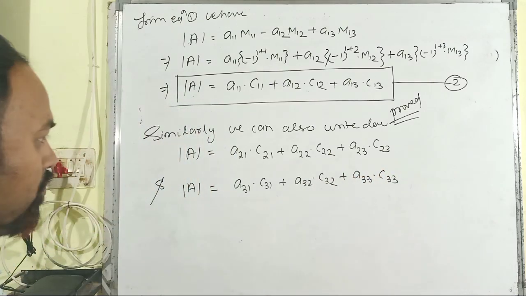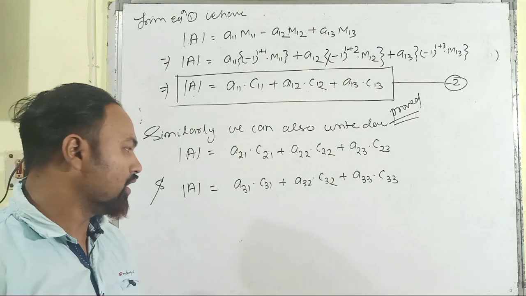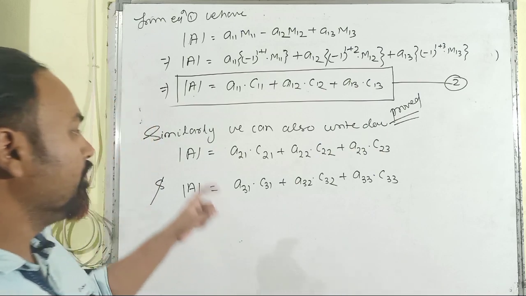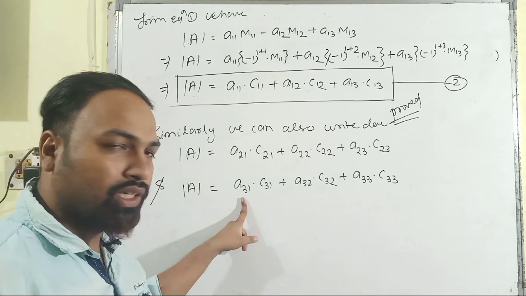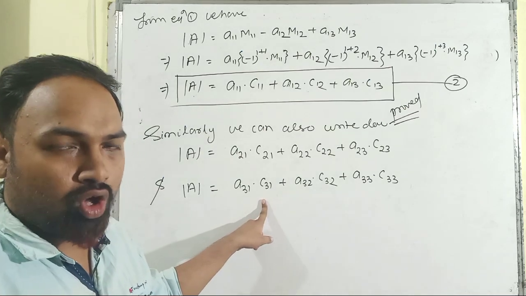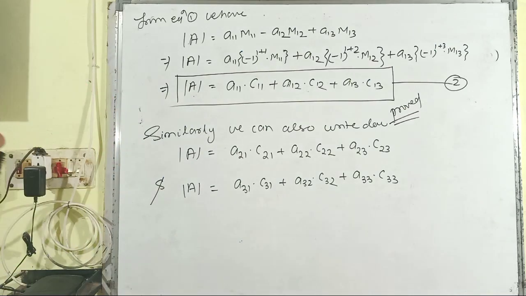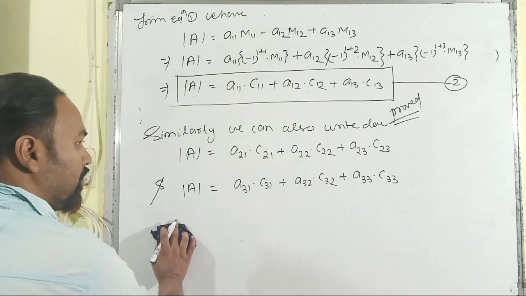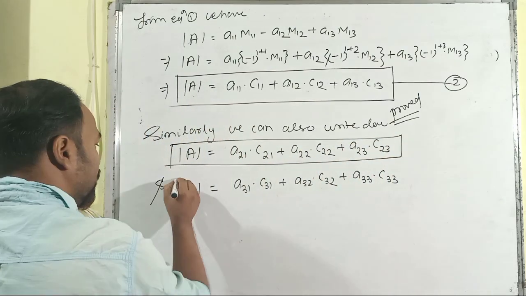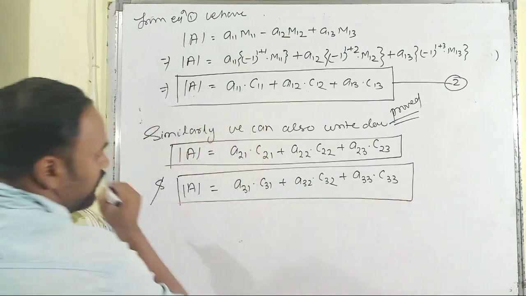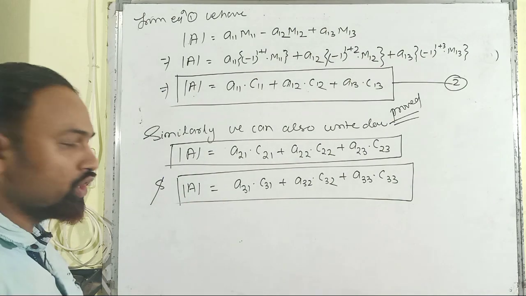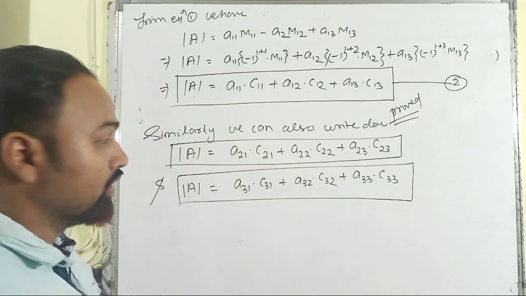So from property number 1 we understood that the value of a determinant can be written in the form of the sum of the products of the elements with their corresponding cofactors. You can also consider the columns, or the elements of the columns. Then let us move towards property number 2. These are also formulas to find the value of a determinant in this manner by using any element and its cofactors.